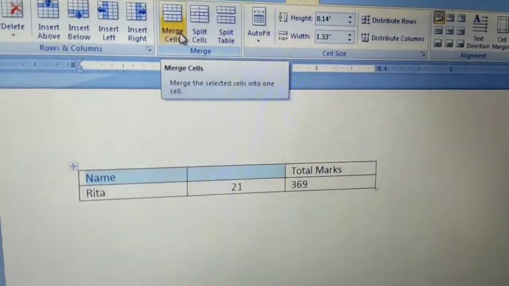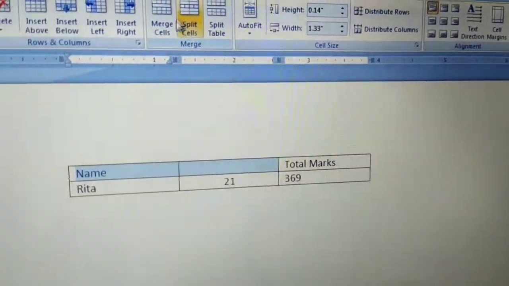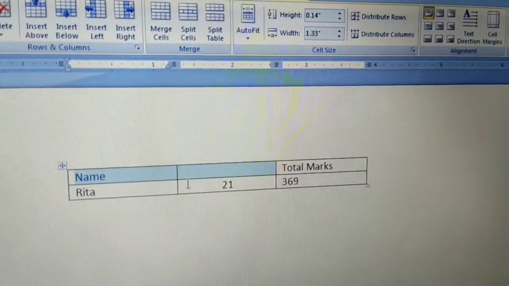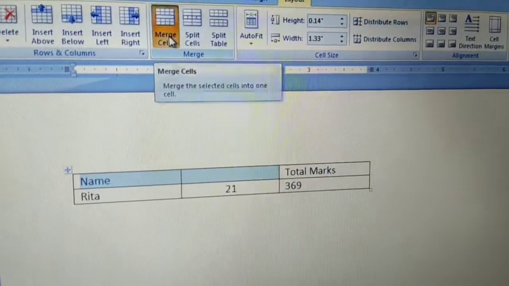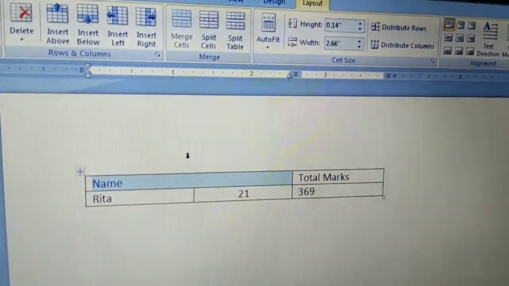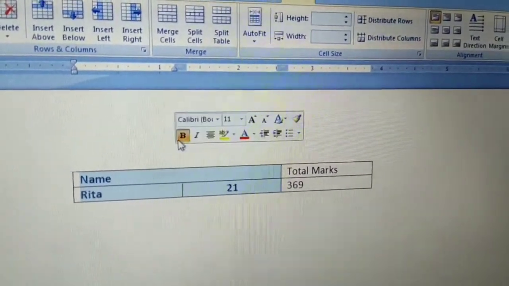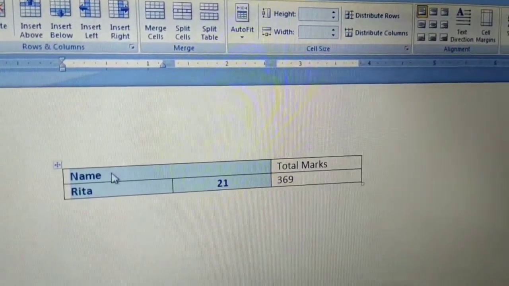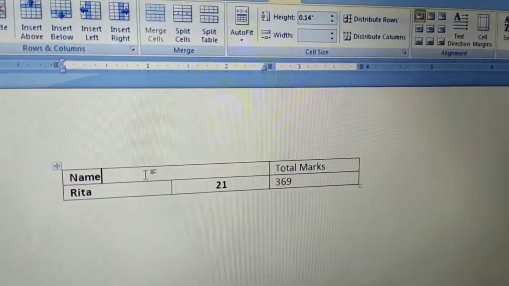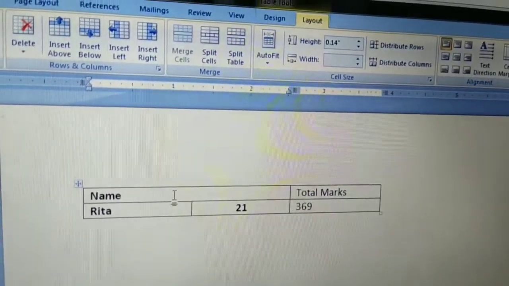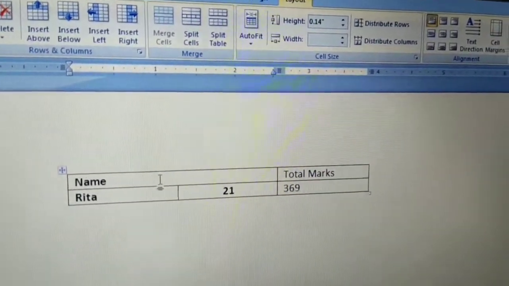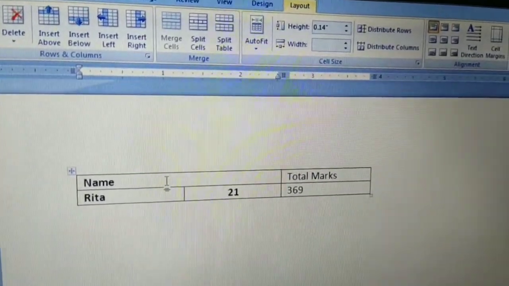When I click on Merge Cells, you just notice, these two cells become a single cell. As soon as I click on merge, these two cells become a single cell. This is the process of how we merge two or more cells into a single cell.